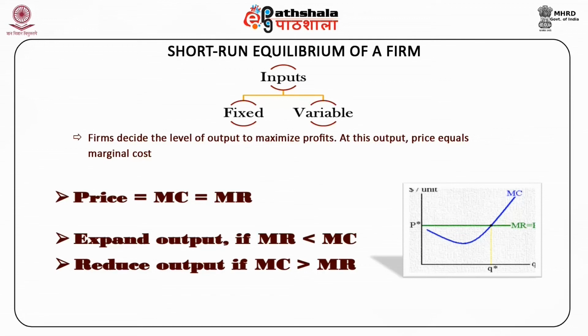Thus, the optimum level of output for any firm is the one at which the marginal revenue is equal to the marginal cost. Also, the firm faces a horizontal demand curve so that the price is equal to the marginal revenue. So we can say the condition for optimum level of output can be restated as the one at which the price is equal to the marginal revenue, which in turn is equal to its marginal cost.